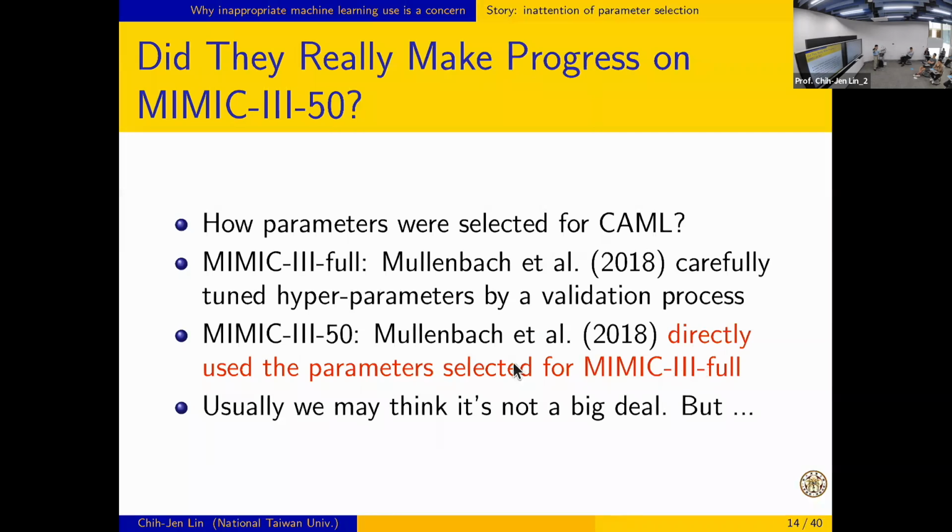So say it again. For the bigger, more difficult one, they do hyperparameter selection. But after they have obtained parameters, when trying this subset, they just directly use those hyperparameters. So usually we don't think this is a big deal, right? Well, because you may not think this affects things a lot, but